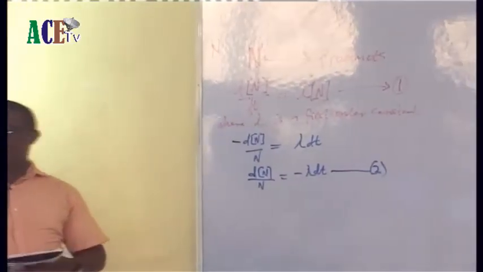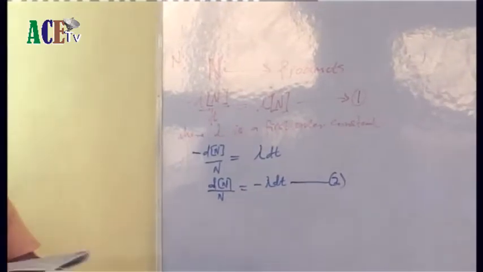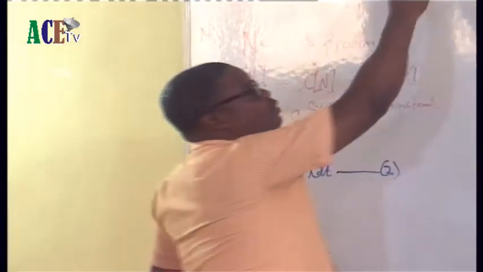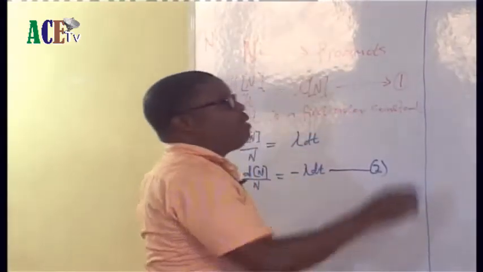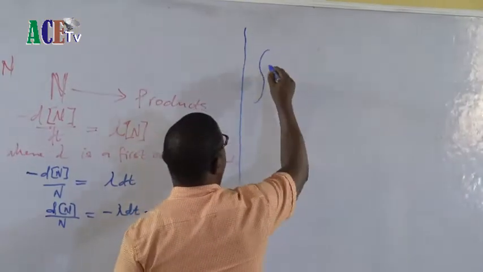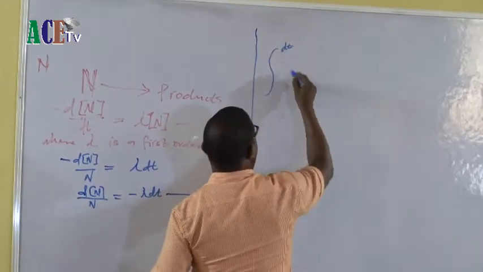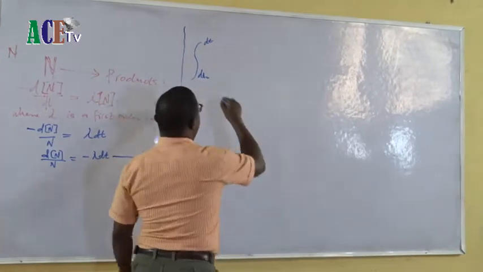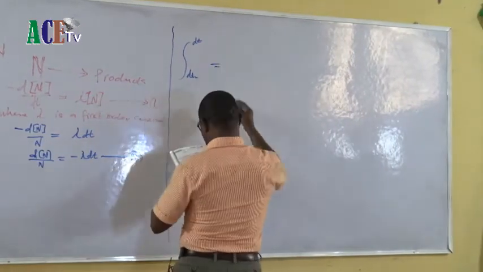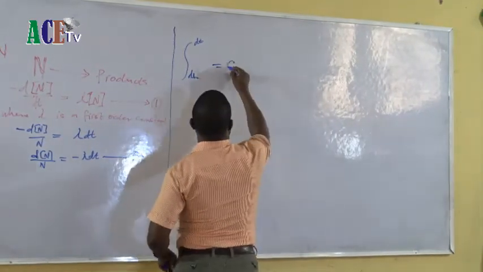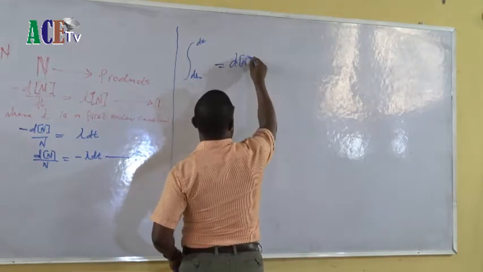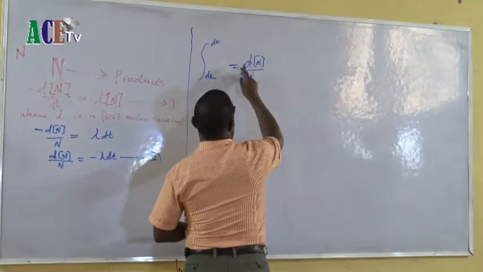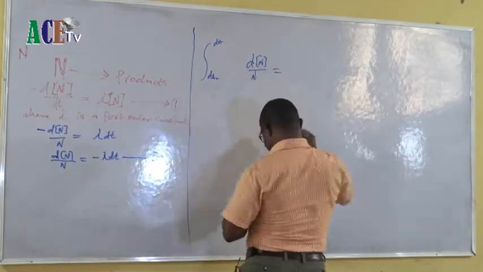So if this equation is being integrated by parts, we have integral of dN over N to give us